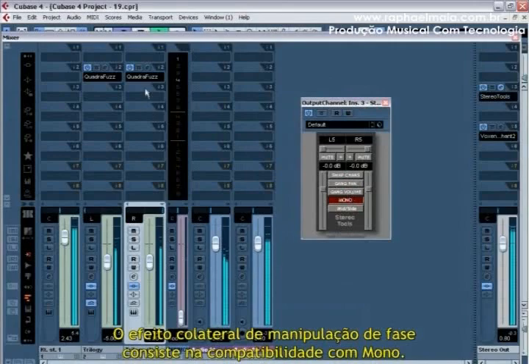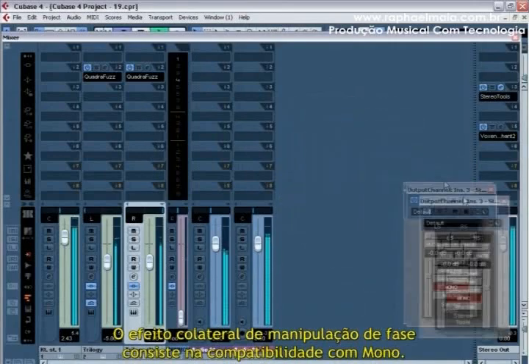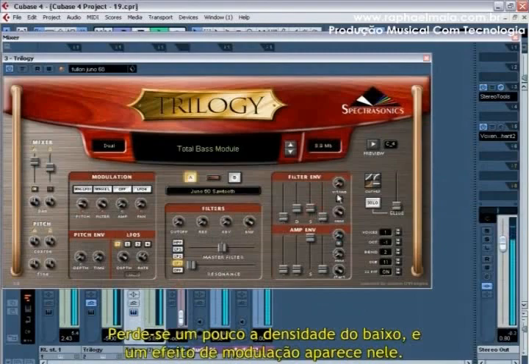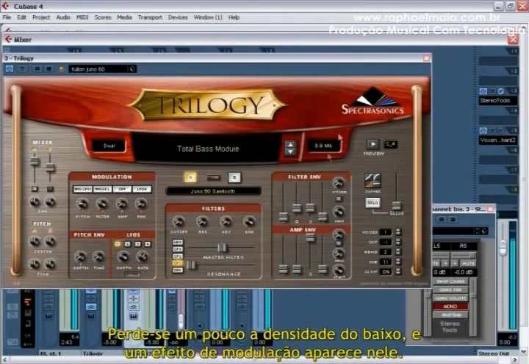The side effect of manipulations with phase concerns mono compatibility. The density of a bass in mono is a little bit lost and an effect of modulation appears in it.